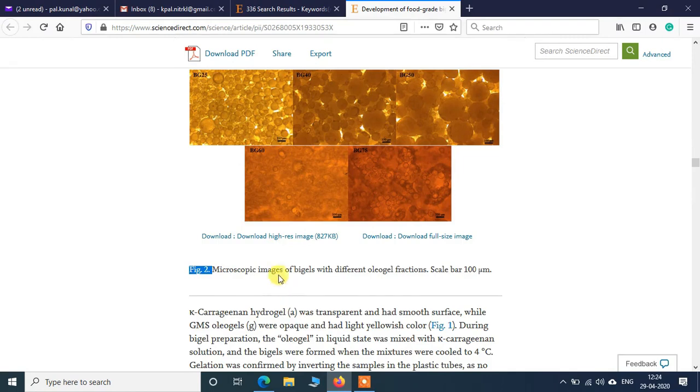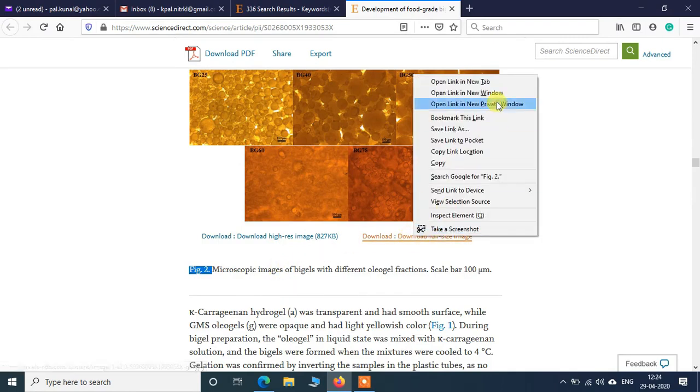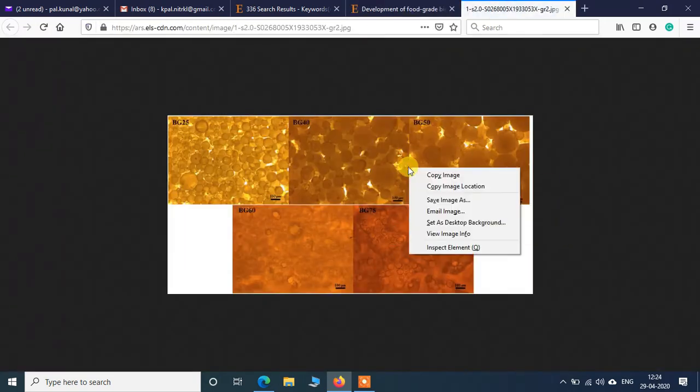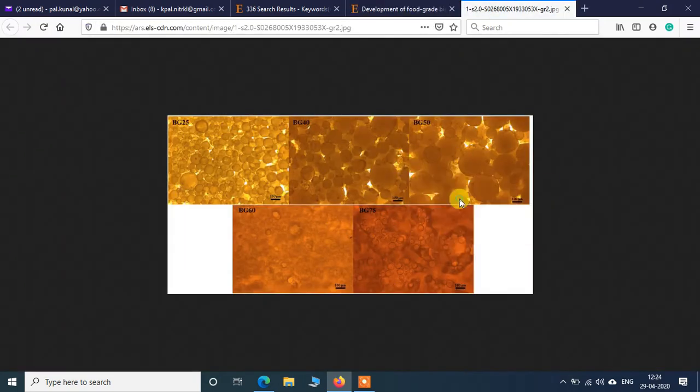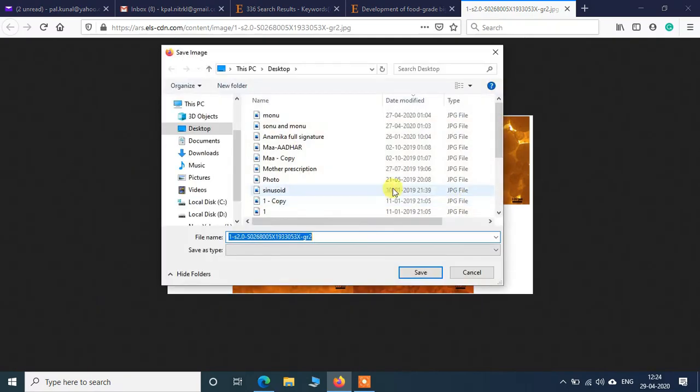Okay, and you can download the full size image and save it so that you can use it later on. So you can just click it over here, right click, save image as. Say I want to save it on the desktop.